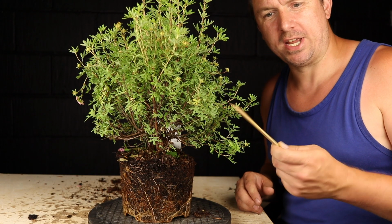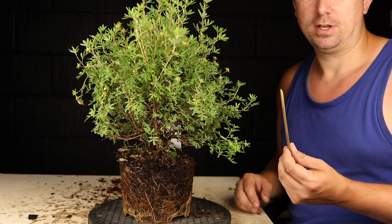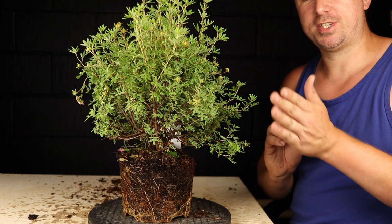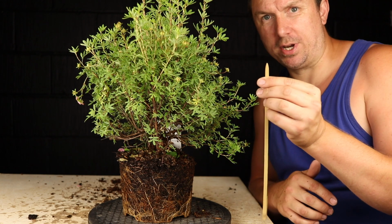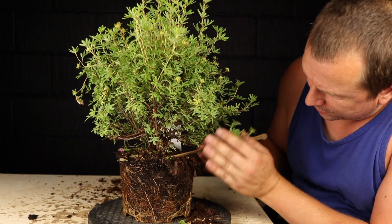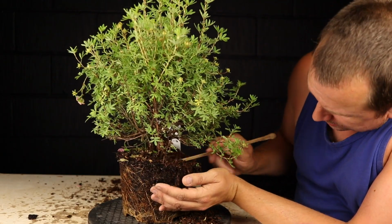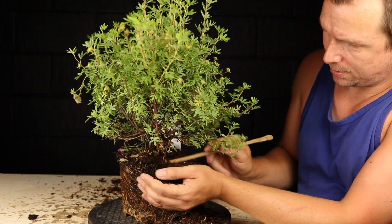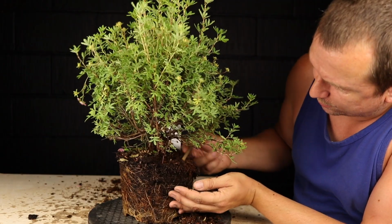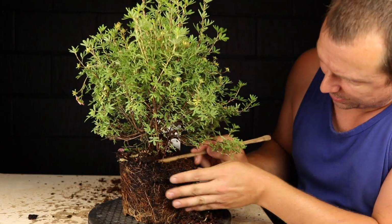And then with a chopstick, you can use anything really. Some people use knitting needles. You can get proper chopsticks designed for the job, or even just a stick that you've sanded down. I've got a bit of a point. I'm just going to very carefully pull back the soil from the trunk, being careful not to damage any roots. We don't want to disturb any roots at this time of the year. The tree needs them all to function and deliver water to the foliage, but we do just want to tease it back a bit wherever we can, just so that we can have a look at the base of